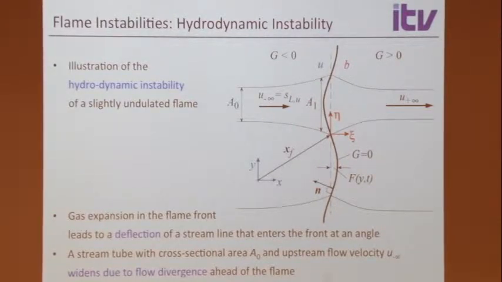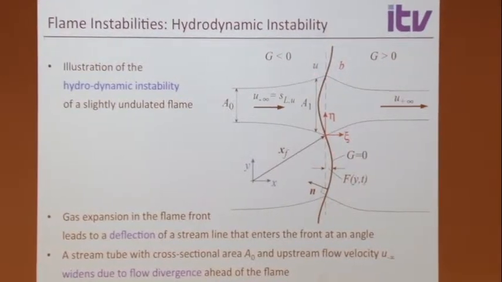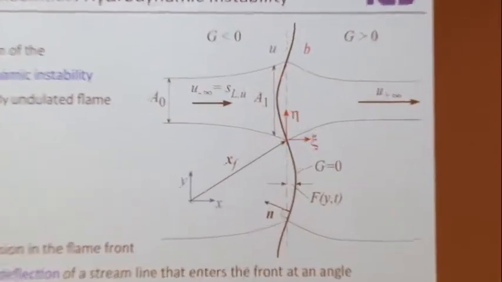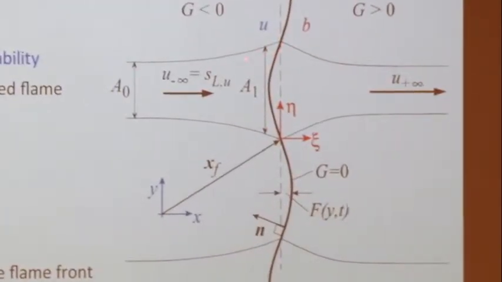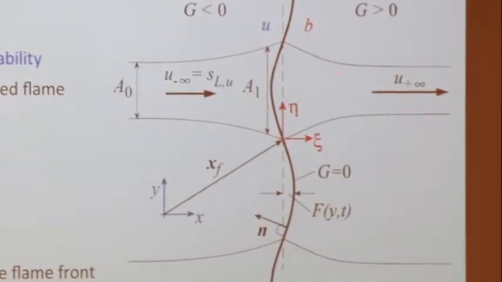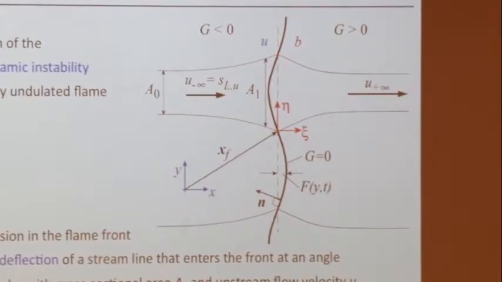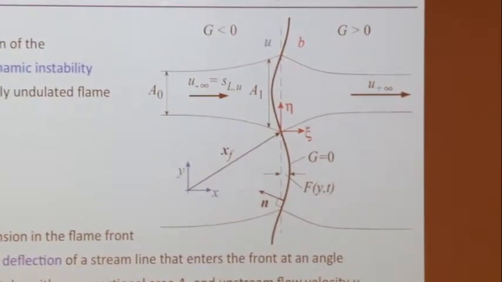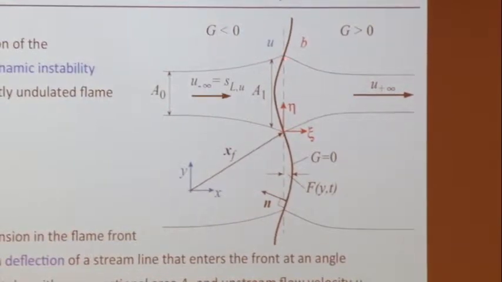The hydrodynamic instability here has nothing to do with flame structure, Lewis number, or whatever. It's just the hydrodynamics of the flame. For the purpose of looking at this, we can again assume the flame is infinitely thin. And then you start out here with a slightly corrugated flame, let's say. Then what happens is that if the flame is slightly corrugated, then because of the gas expansion, the flow is accelerated behind the flame, and the streamlines here, they are